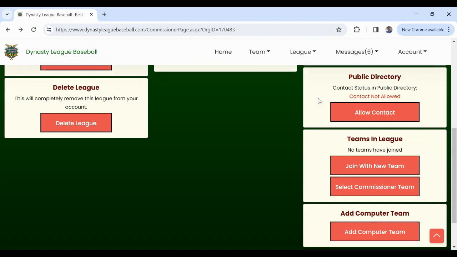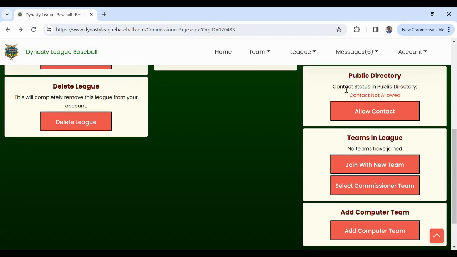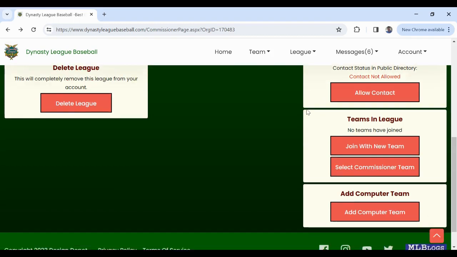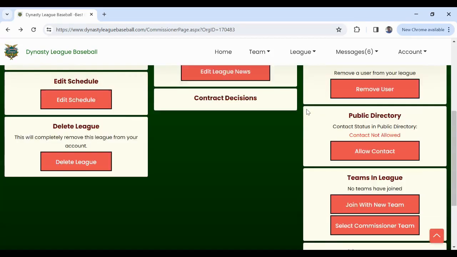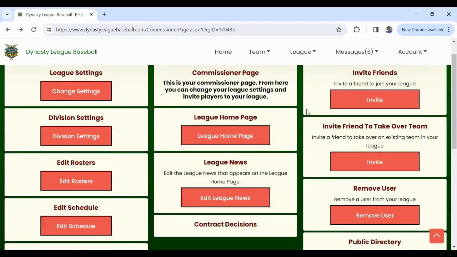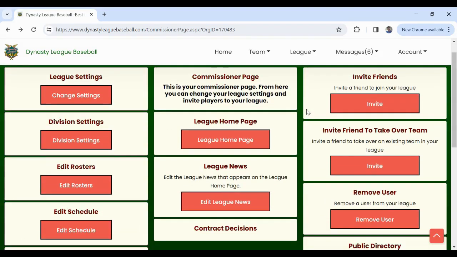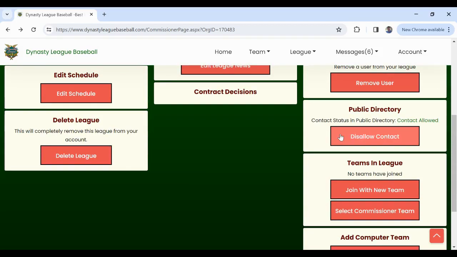So what is this down here? This is the contract status and public directory. Okay, so there is a league directory. Probably should have talked about that before. But if you click the allow contact, let me scroll back down there. If you click the allow contact,